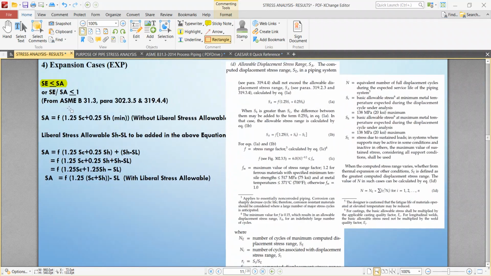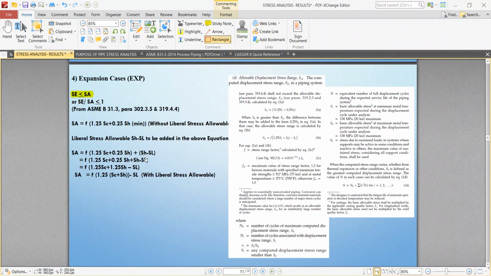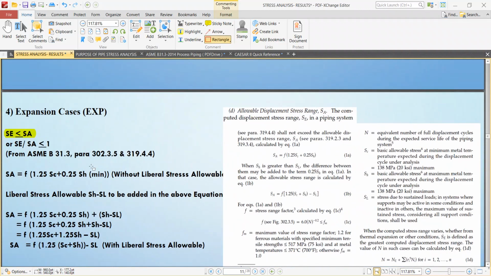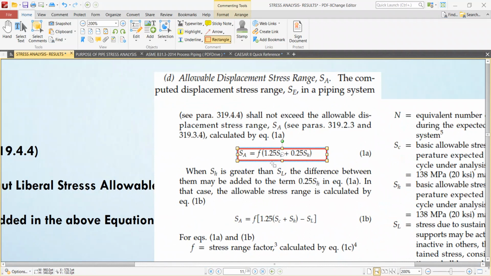So what is SA? It is the allowable displacement stress range. And as per code, what is the formula? SA equals F into 1.25 SC plus 0.25 SH. Okay. So here